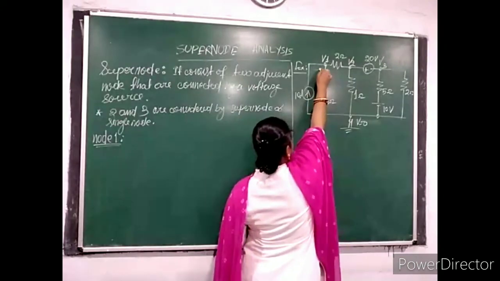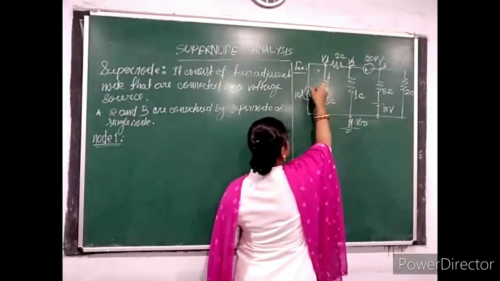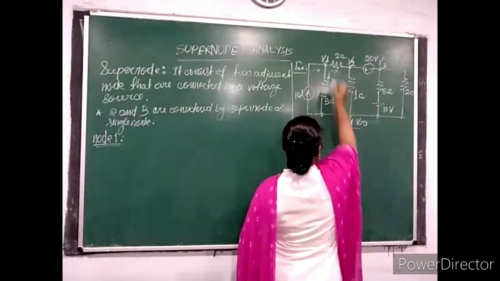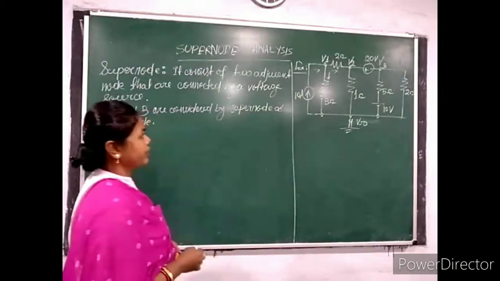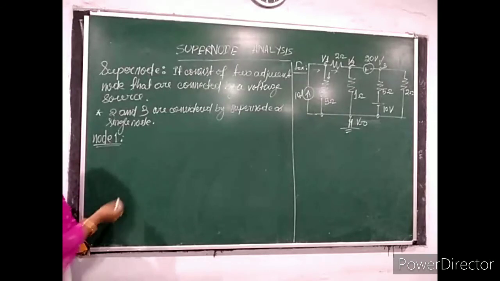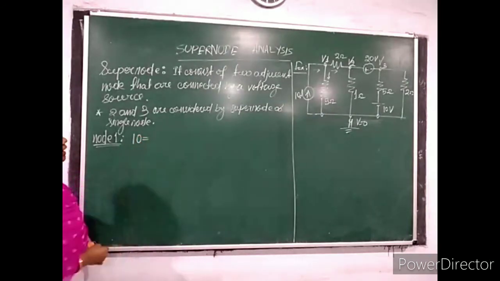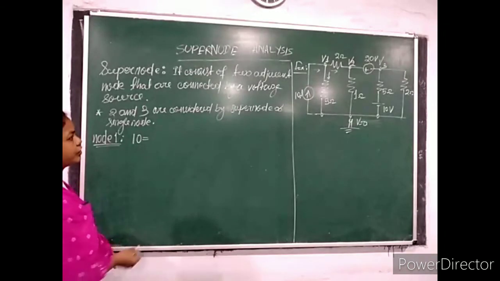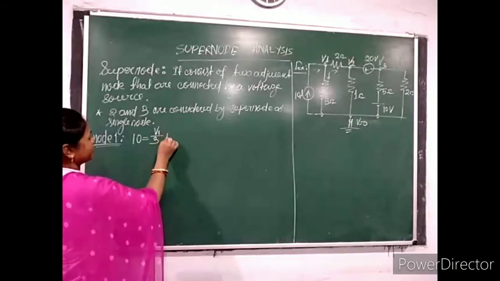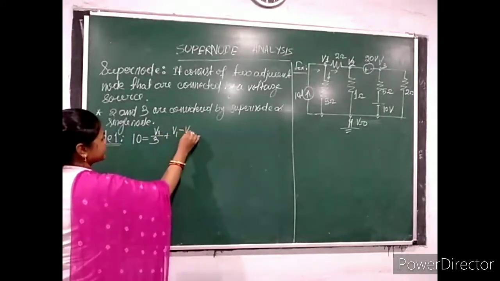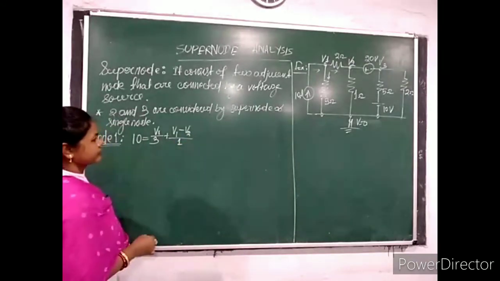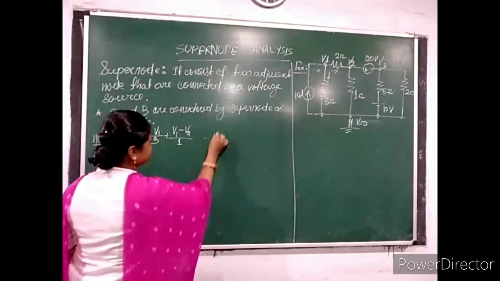the current flowing through this branch is already given, and its direction is inward, then through 3 ohm and through 2 ohm. These currents you consider by assuming node 1 as a source node. So 10 ampere is the incoming current, and the outgoing currents are the current through 3 ohm, that is V1 by 3, and the current through the other resistor, that is V1 minus V2 by 1 ohm. This is equation number 1.